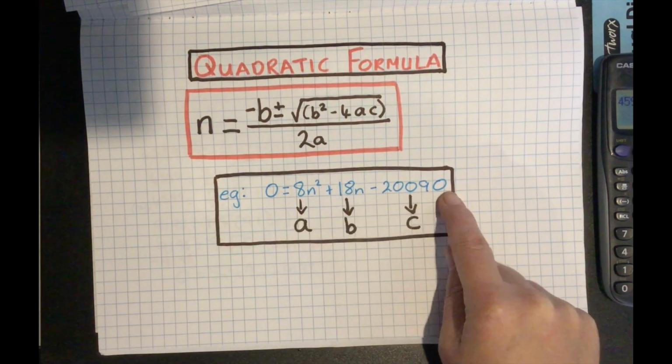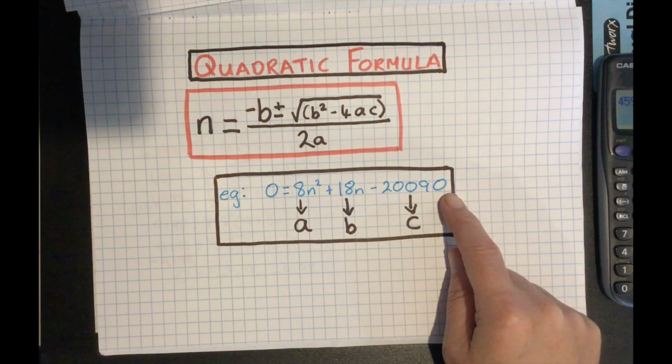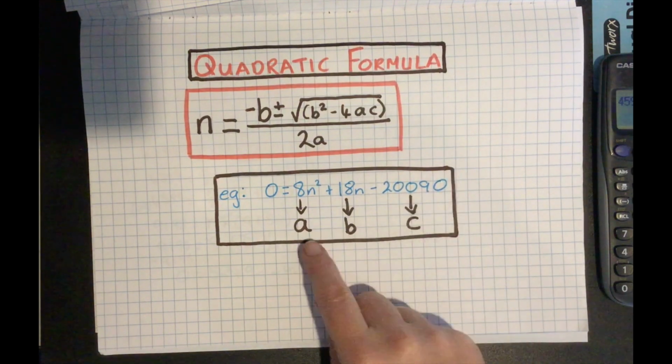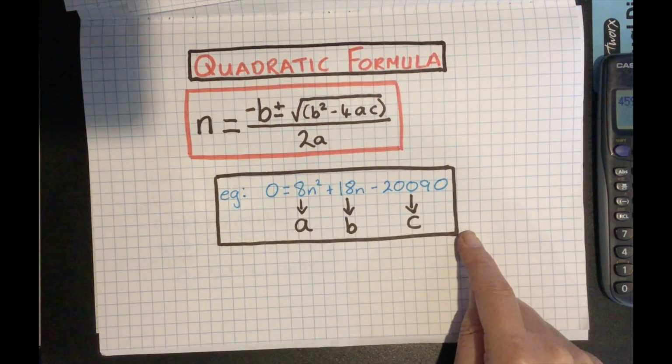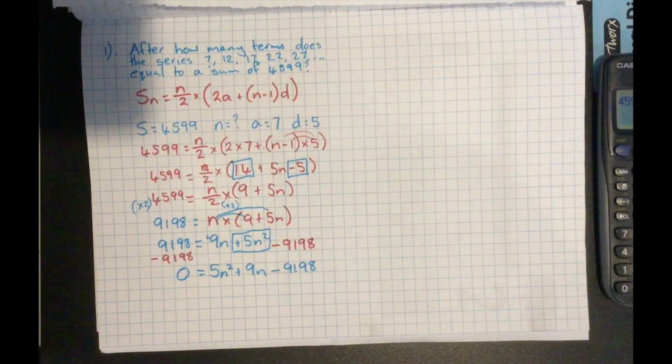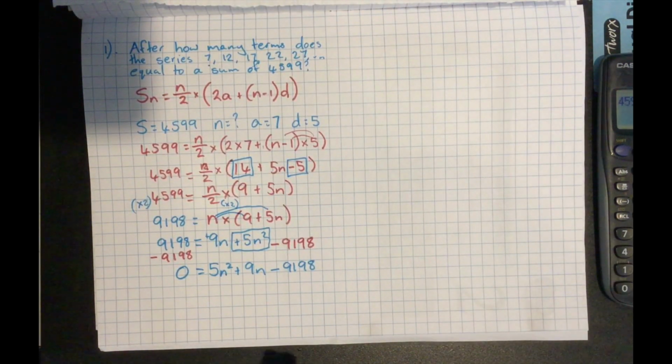But if you set your quadratic equation up in the correct order, with your power first, followed by coefficient, then constant, then you've got your a, b, c. They're easier to label. So if you remember to do that, we'll be all good. So let's come back to what we've got here. Let's label our